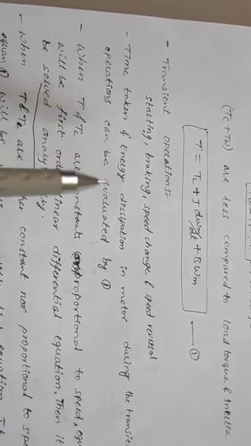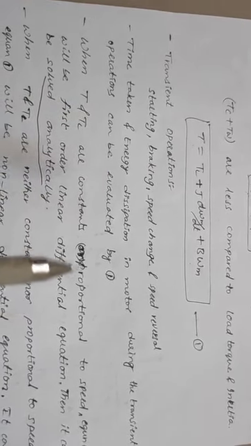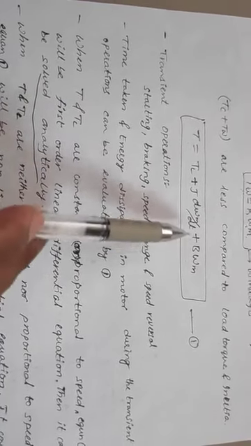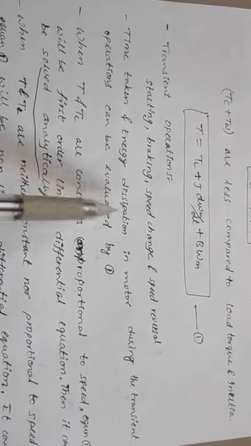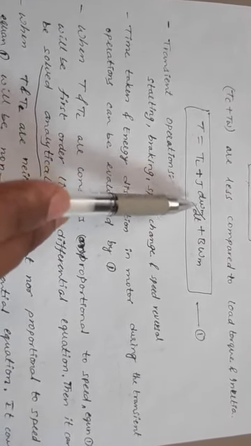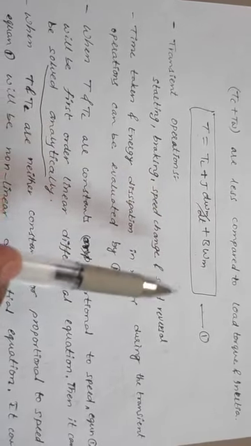To calculate the time taken and energy dissipation in the motor during the transient operations, we need to use this equation to calculate the time. The torque T is equal to TL plus J into d omega by dt plus B omega. Here T and TL are the motor torque and load torque. Consider the case where motor torque and load torque are constants, or proportional to the speed,